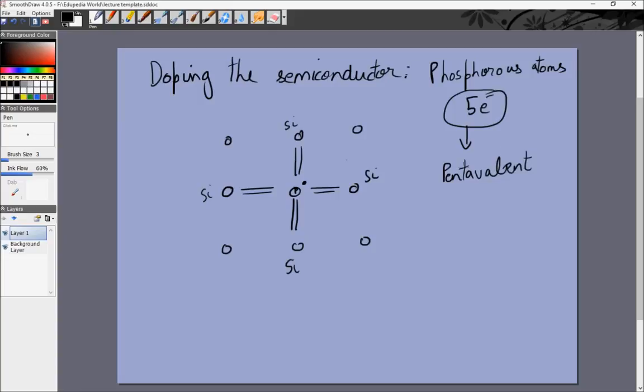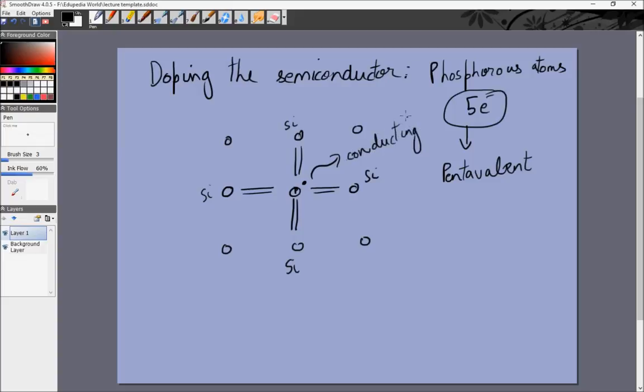That means it has 5 electrons in the outermost shell. So when you introduce pentavalent atoms into silicon, that does not mean that you've increased the negative charge. The total bulk material is still electrically neutral. The number of conduction electrons, however, has increased because this one electron does not have any other atom to form a covalent bond with, nor does it need to, because now the outermost shell of phosphorus is filled. So this electron can actually go on conducting,